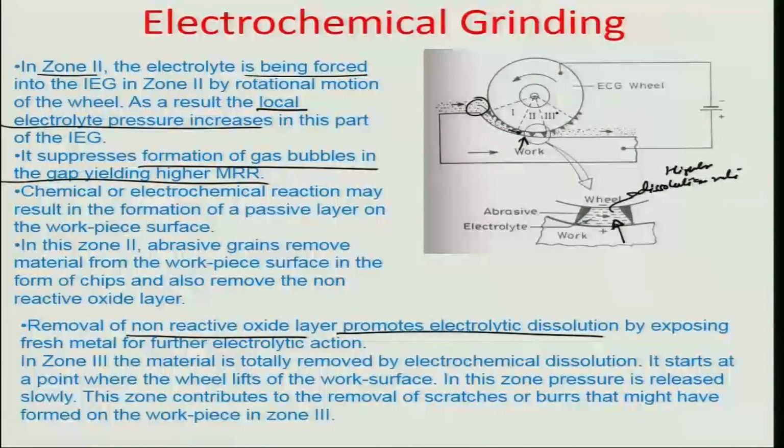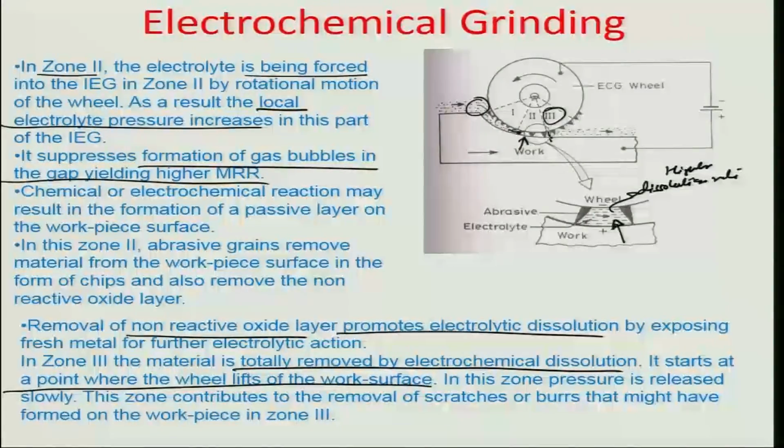So next is zone 3 in the line, and in zone 3 the material is totally removed by electrochemical dissolution, obviously, because there is no other contact mechanism or mechanical abrasion mechanism. It starts at a point where the wheel lifts off the work surface. So typically at this particular point, there is no contact anymore between the grains and the work surface, and there is a sudden depressurization in this particular zone